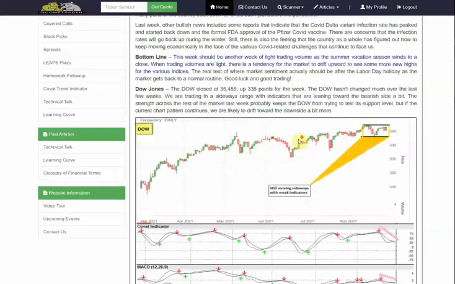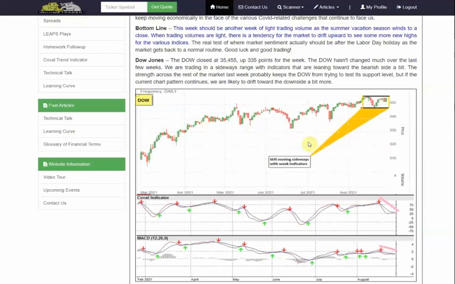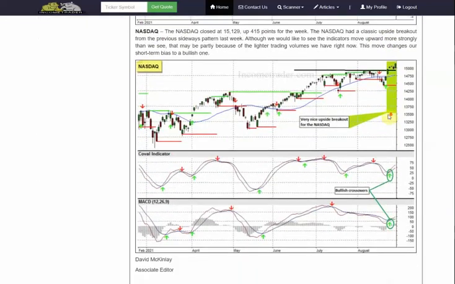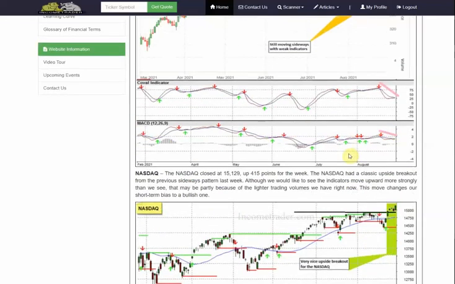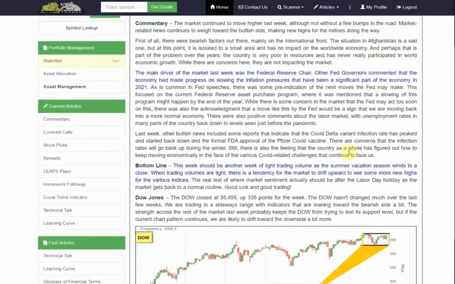So we just kind of give you an idea of what's happened in the market, maybe some charts on where the Dow's at, still kind of like in a little bit of a sideways move here, wait for a little bit of a breakout. And all of these are items you'll learn more about reading charts if you're not familiar with them in your life class. Here's a chart of the Dow, here's a chart of the NASDAQ. Looks like it had a little bit of a breakout here, and so bullish crossovers. Again, things we'll talk about in your life class. But this is the first thing you see every time you log on to the website, just the commentary